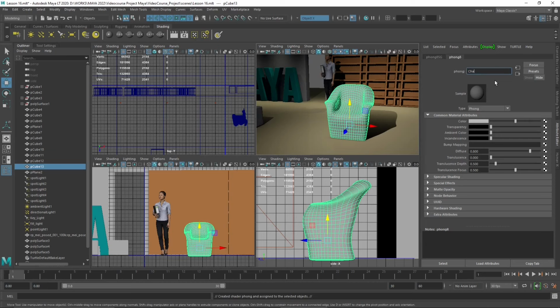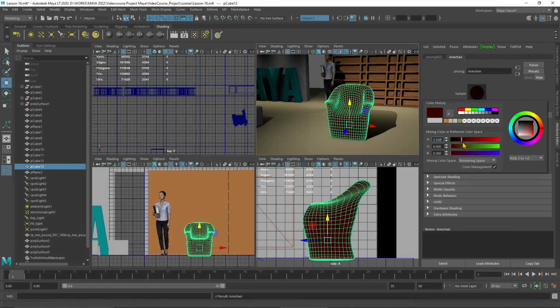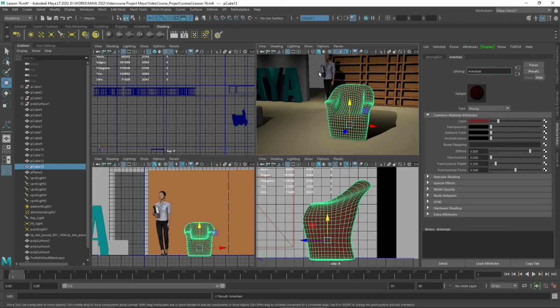Right now we're just concentrating on colors, and we're gonna see also procedural maps, which are available here also in Maya. So I'm gonna switch here to a nice red on this chair, and again you can